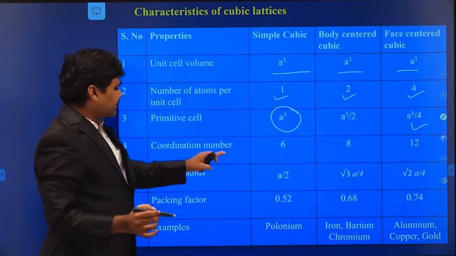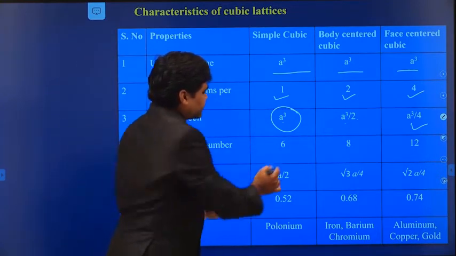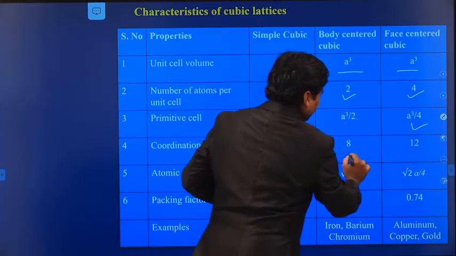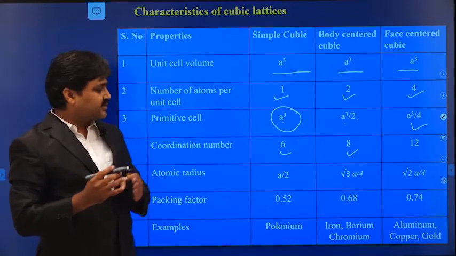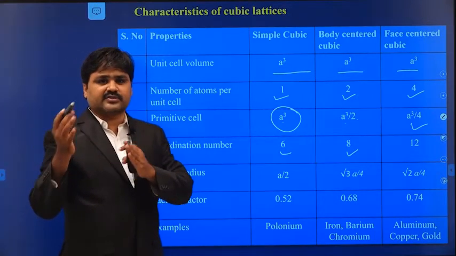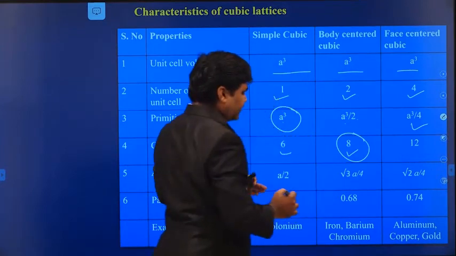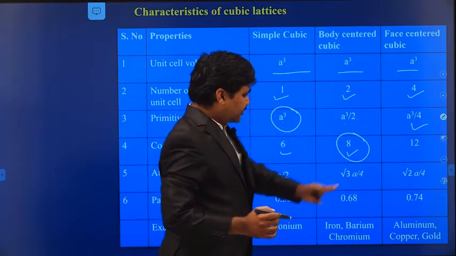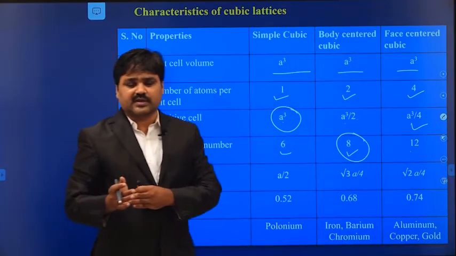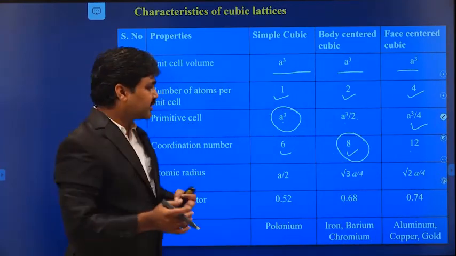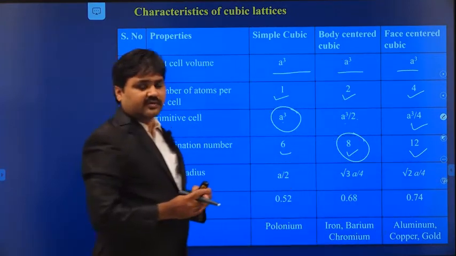And the coordination number, that means the number of nearest neighbors, for the simple cubic structure is equal to 6. In the case of BCC, the body center atom is close to all the 8 corner atoms, so all the corner atoms are at the same distance. There will be 8 corner atoms for the body center atom, so the number of nearest neighbors is equal to 8. In the case of face centered cubic, each plane contains 4 atoms and there are 3 planes. So 3 into 4, that is equal to 12 atoms as the nearest neighbors. That means the coordination number is equal to 12.